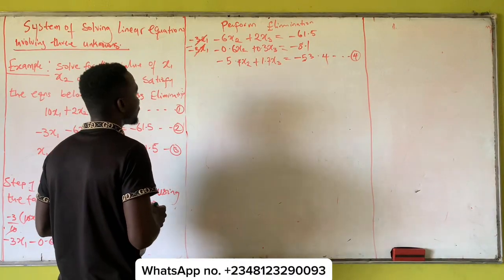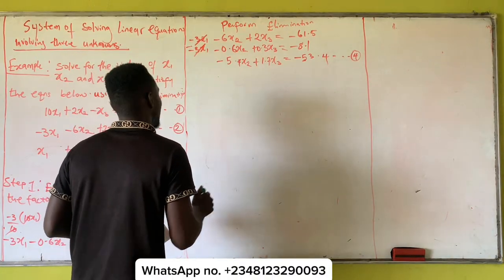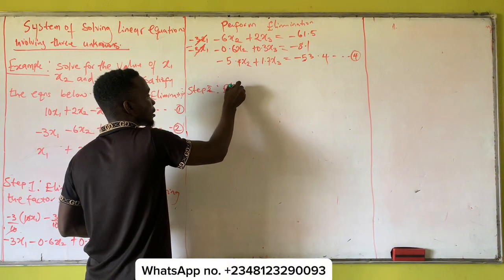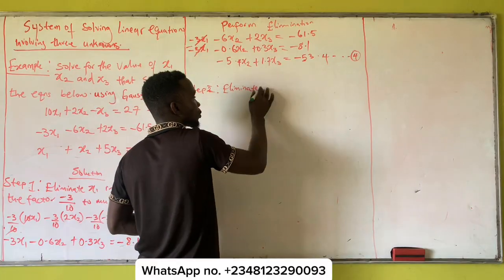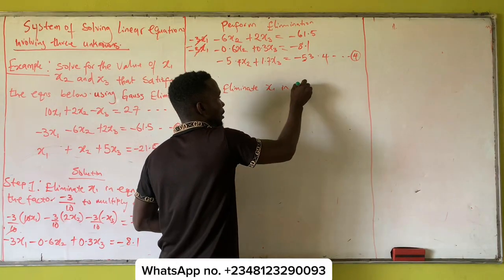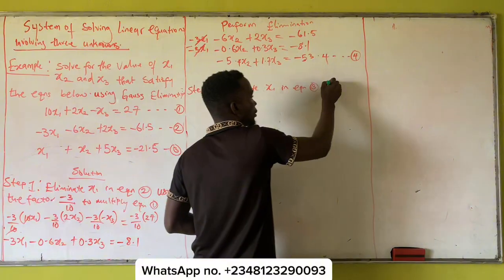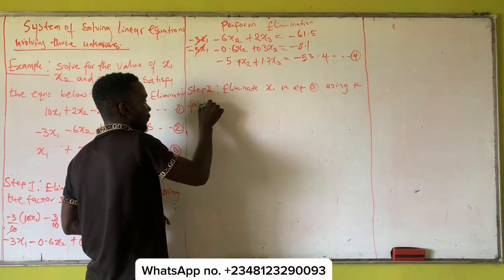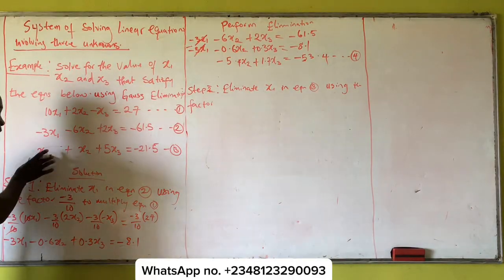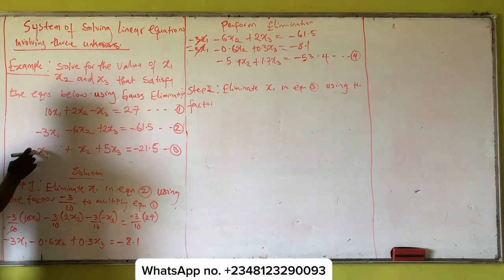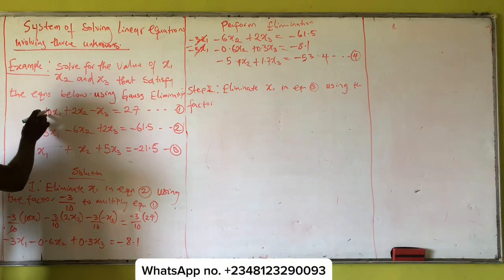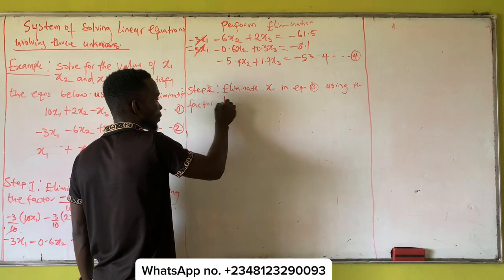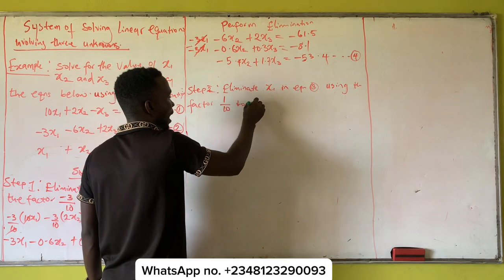And since we have already done this, the next step is step 2: eliminate x1 in equation 3 using the factor. Now, if you look at that, what is the coefficient of x1 here? The coefficient of x1 here is 1, divided by the coefficient of x1 in equation 1, which is 10. So the factor becomes 1 all over 10, to multiply